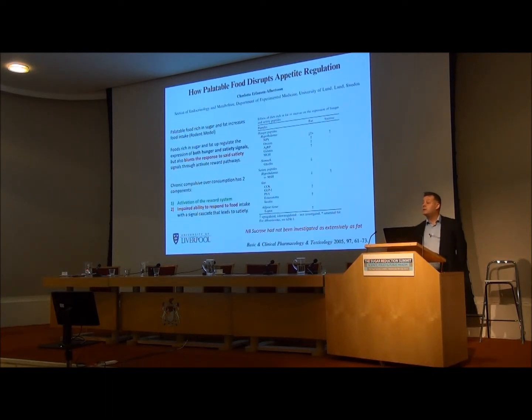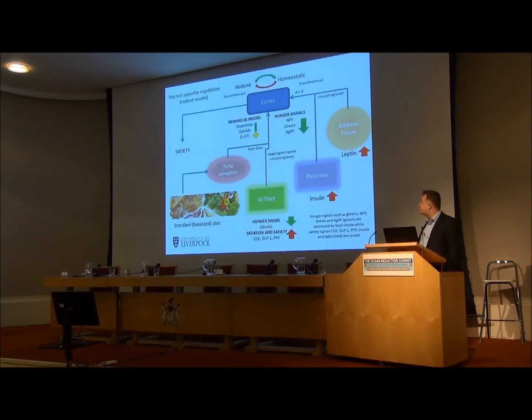Now, I will return to animal models, and I know everybody's avoided them. And I just want to talk about what happens when you do chronically feed rats a highly palatable diet of sugar and fat. Well, this is what normally happens. You have the normal suppression of hunger signals and the normal increase of satiety signals, both from the GI tract, pancreas and the adipose tissue. They suppress hunger signals in the brain. That's normally what happens when you eat.